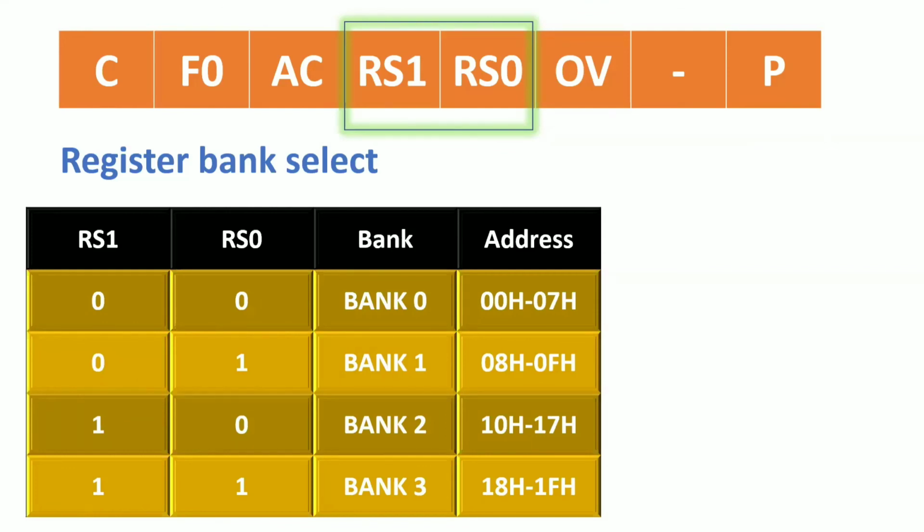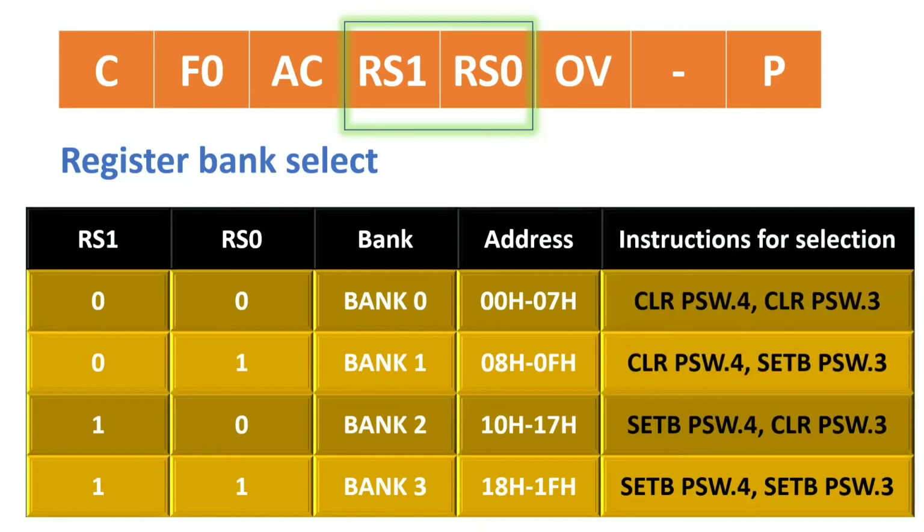If you take any flag register in the 8085 microprocessor, you cannot directly change the bits in the flag register. Whereas in 8086, only 3 flags can be changed. And here also, we can change flag bits. So RS0 and RS1 can be changed by the programmer. Who is the programmer? You and me, right? So we can change these bits.